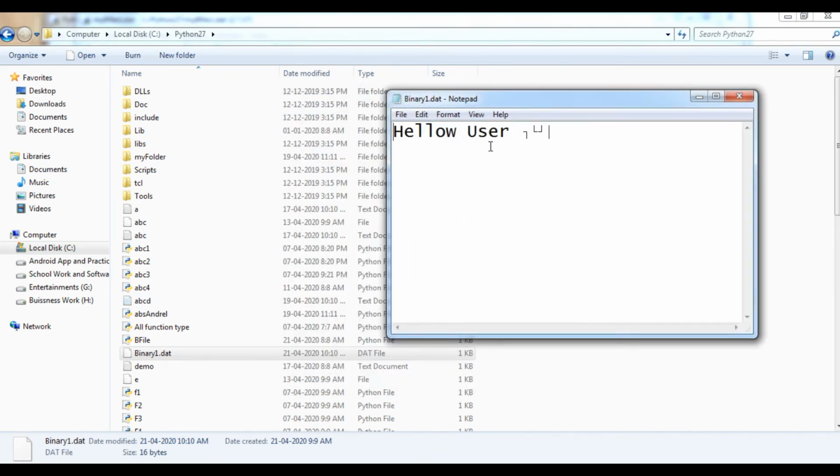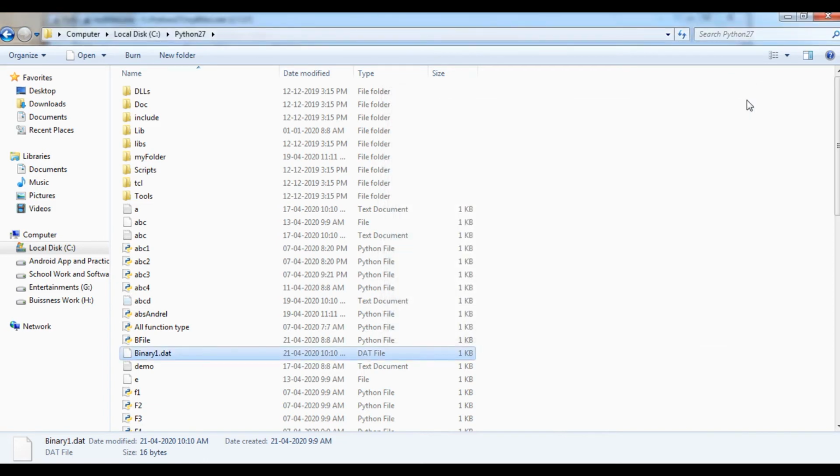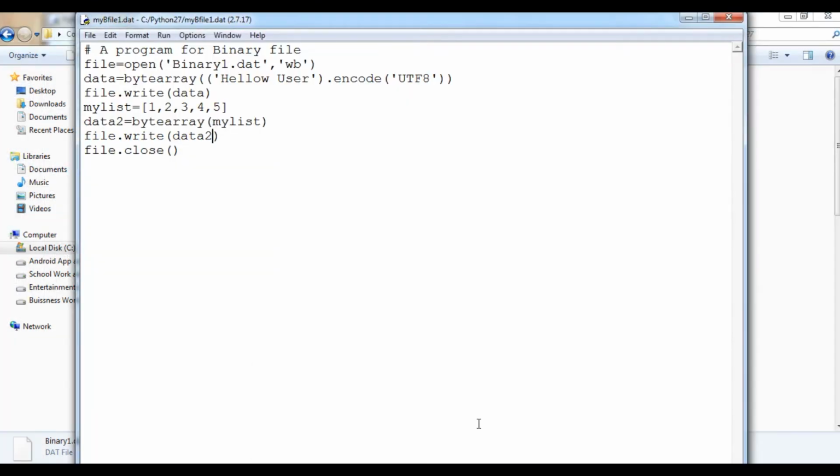Now you can see hello user has come, but the list has come in symbol format, so we can't read it directly. Actually, binary files are not readable by a text editor; they are usable by applications. So we will read it in the next example.